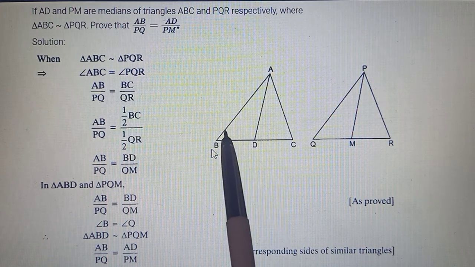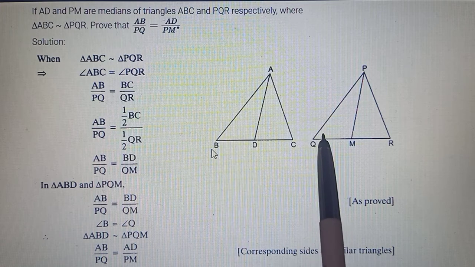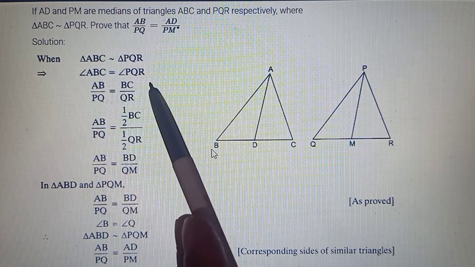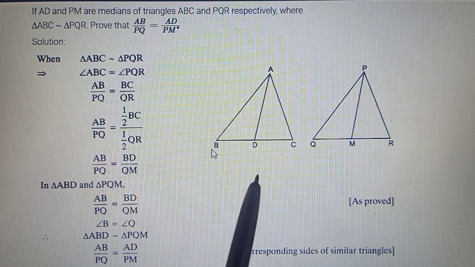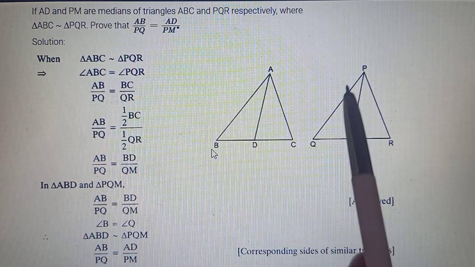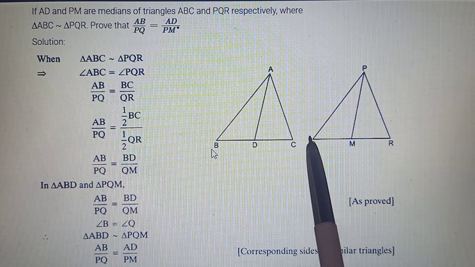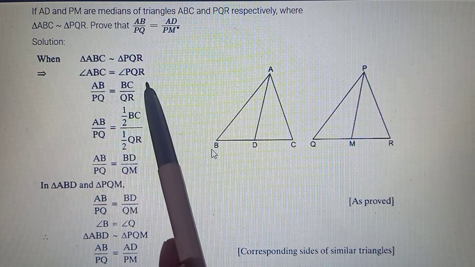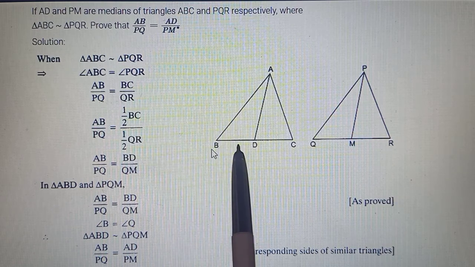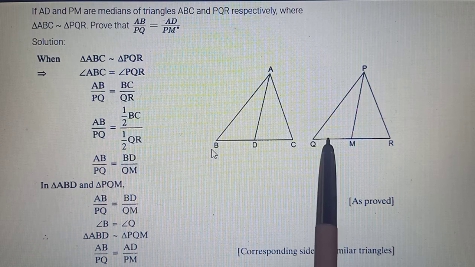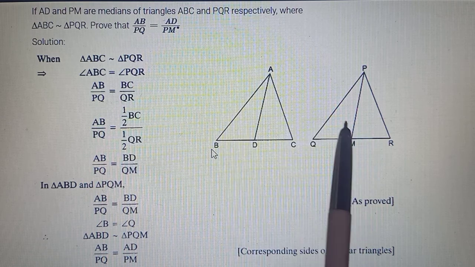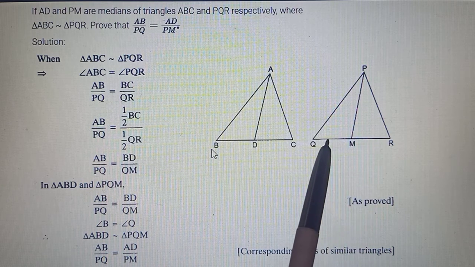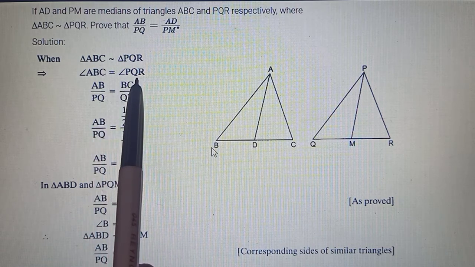Hence, angle B of the first triangle will be equal to angle Q of the second, is what we are saying. All right, also the sides are in proportion. For similar triangles, we know that AB upon PQ will be proportional to BC upon QR, because the triangles were similar. So all angles will be equal, but we were interested in this angle. Remember, if you remember the 12th question, we will prove this with the help of the included angle, because in that also we did the same, right?